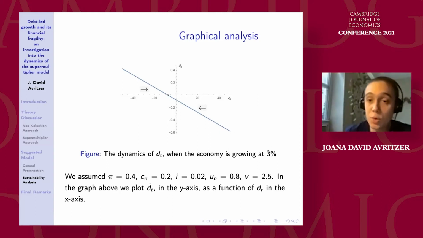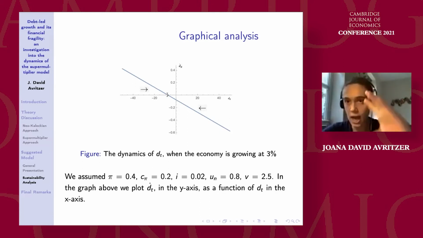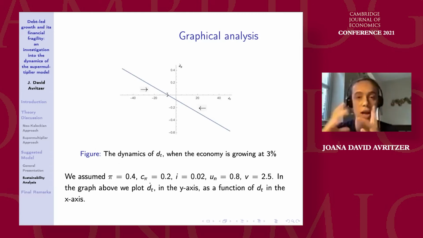So if the economy is growing at 3%, this is what we observe in terms of dynamics. First of all, it's a dynamics that converges to the fully steady state position, where this ratio stops changing. So we have d dot equals 0, and then we would arrive at a fully adjusted position where d dot is equal to 0, and then this d, the ratio of debt to capital stock, would be a